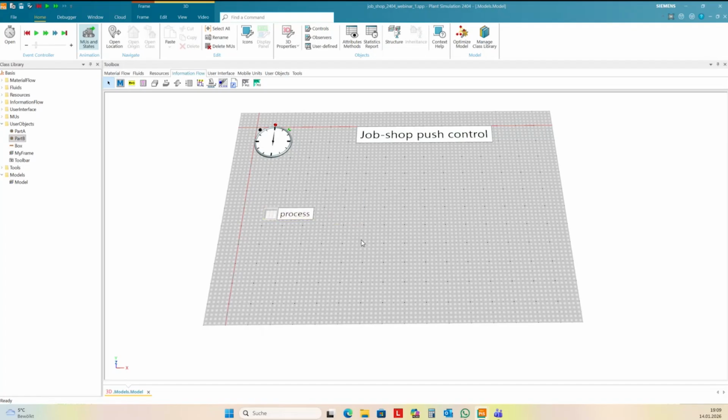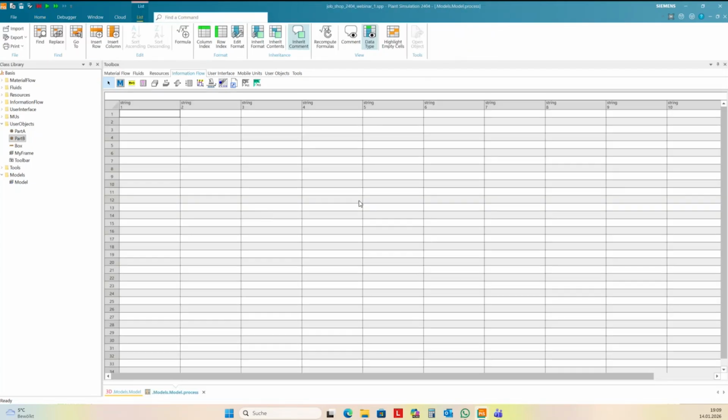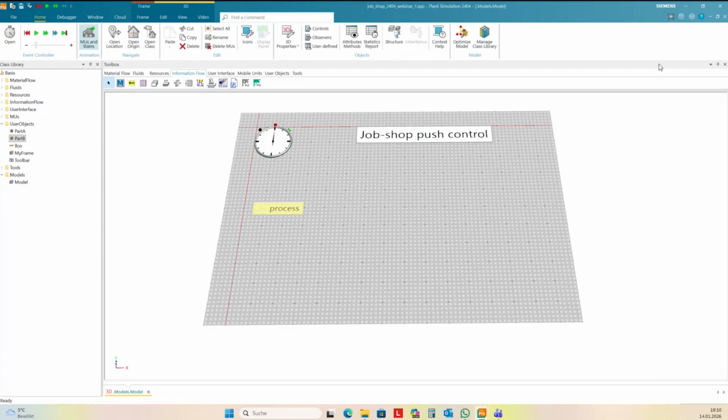You will get the process steps maybe from your ERP system, maybe from SAP, mostly in Excel format, but we need a special format here in Plant Simulation to be able to process the data easily with SimTalk.